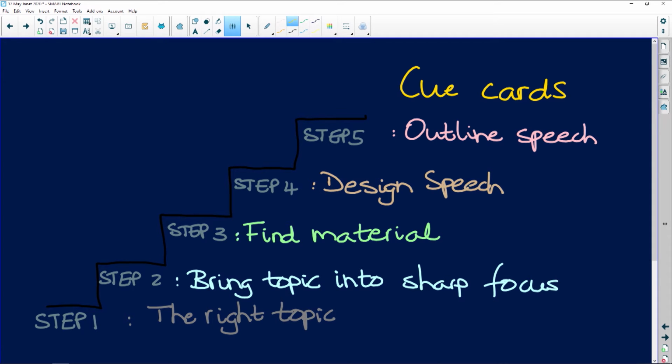Now, I think what we have to have in the middle here is the speech in full. Maybe I should make it the 8 steps of public speaking. Once you've designed it, I really want you to write it out in full. At that point, I want you to time it. I cannot tell you how often I have got my little timer on and I put it on to 5 minutes so that when it goes beep, beep, beep, the child has to stop. And I'm listening and I'm writing my notes, and the child stops and I press stop and the child has spoken for 1 minute. It's meant to be a 5-minute speech.